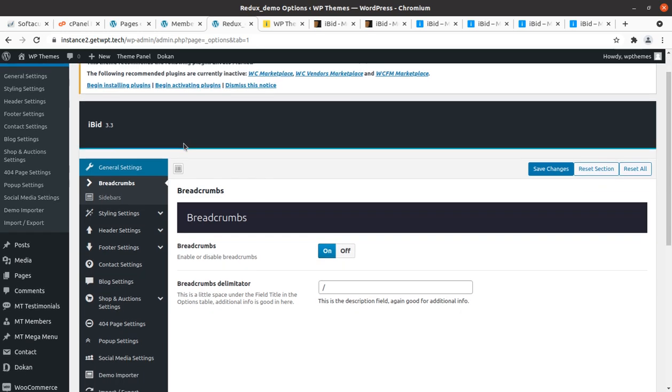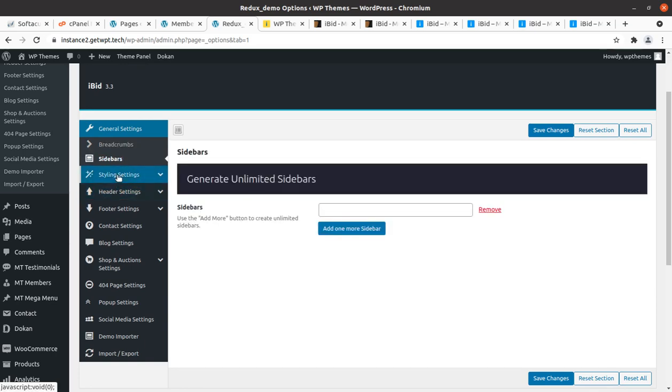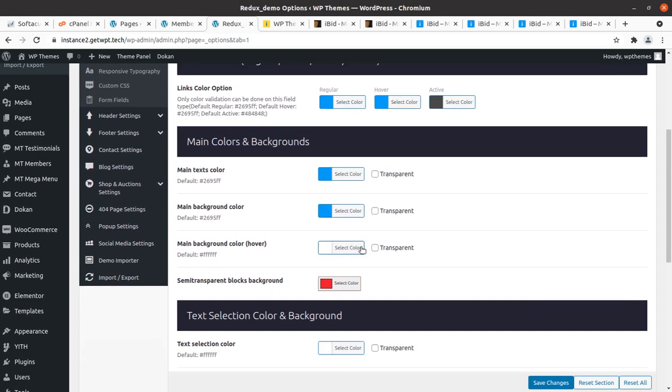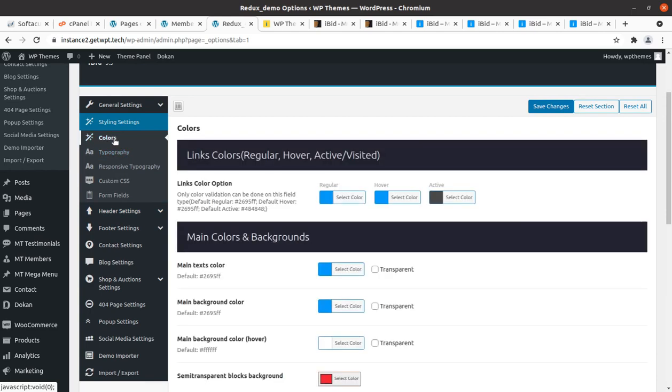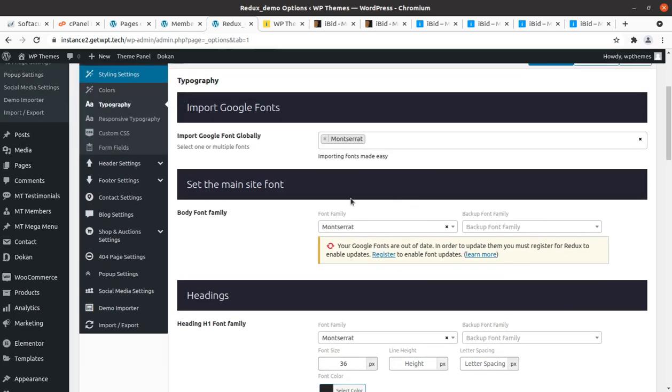This is the control panel, and this is the general setting, which is showing breadcrumb at the very first. So you can control breadcrumb. Sidebar, a styling setting, where you can change the complete color, background color, and other things from here. And custom CSS you can use. Colors you can control, typography you can control, so you can choose your font and sizes.